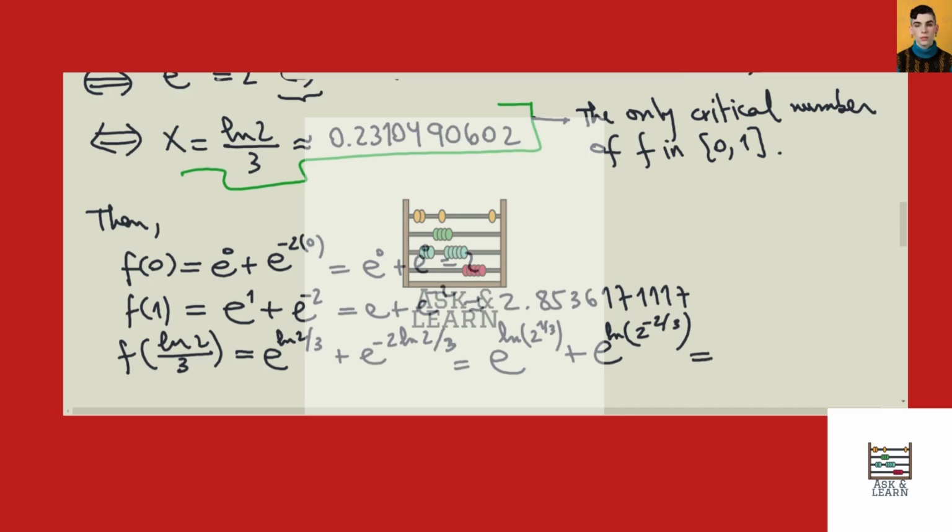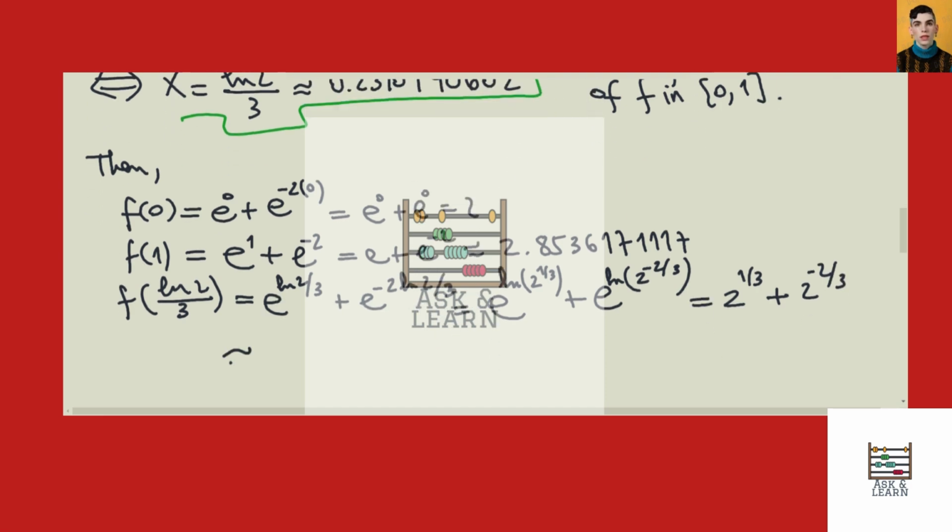And we know this is equal to 2 to the 1/3 plus 2 to the negative 2/3. And that's approximately equal, using a calculator, to 1.8898815748. So we have these three images here, and among those images are the extreme values of the function,